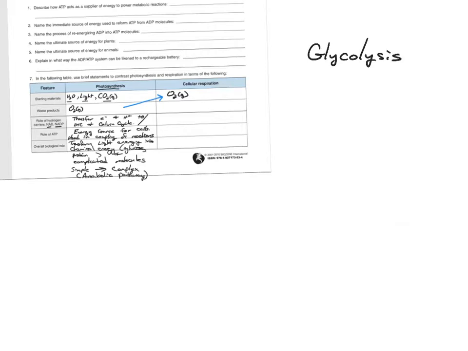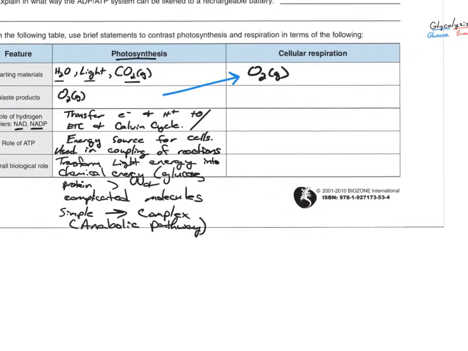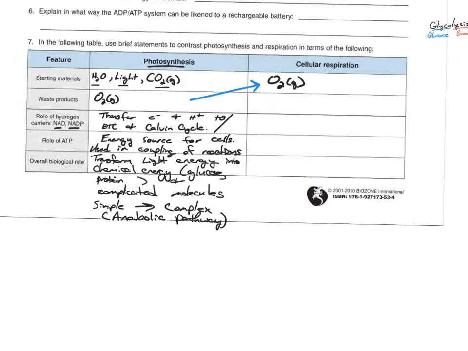Glycolysis. What does glyco and then lysis mean? What does lysis mean? Break up, or break down. And what does glyco mean? What do you think it stands for? It's the first step, so it's just that simple. The first step in cellular respiration is glycolysis, and it just means you start with glucose, right? So starting with glucose, that's the first step if you start at the earliest possible stage of cellular respiration. So we're going to go ahead and say glucose.